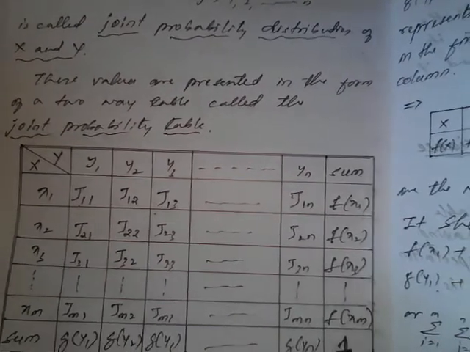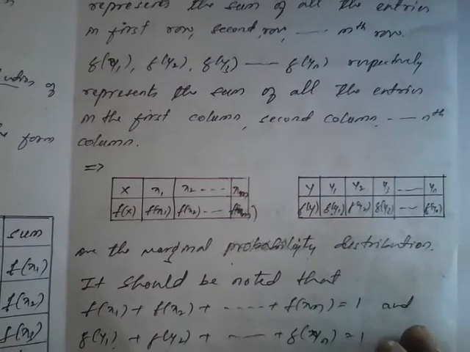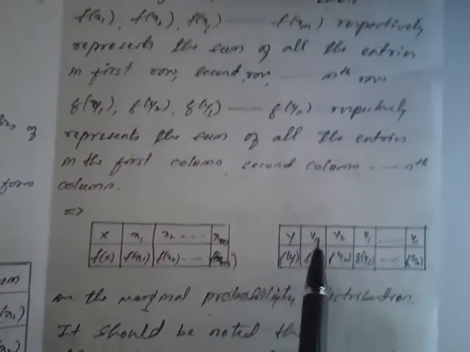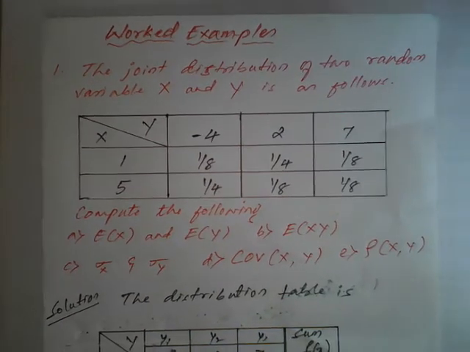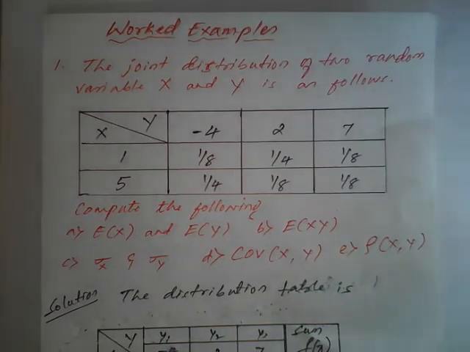So this is the joint probability distribution table we came across. Then we saw the marginal distribution and how it is prepared. After that, we saw the concept of expectation, the formula for expectation for variables x and y, the formula for expectation of xy, then variance, covariance and correlation. With the help of all these concepts, today we'll see examples based on this joint probability distribution.